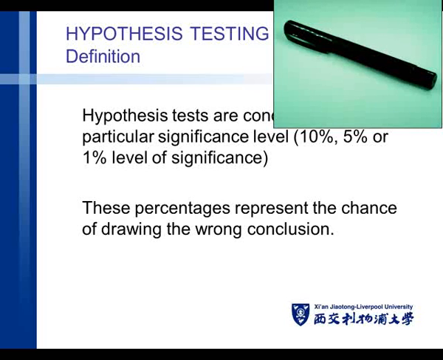Okay? So then I have to say I'm making the wrong assumption about the population. Because it's extremely unlikely that these results come out from this population. So that's why the significance level has to be very small. 10%, 5%, or 1%. Because if I made it bigger, okay,